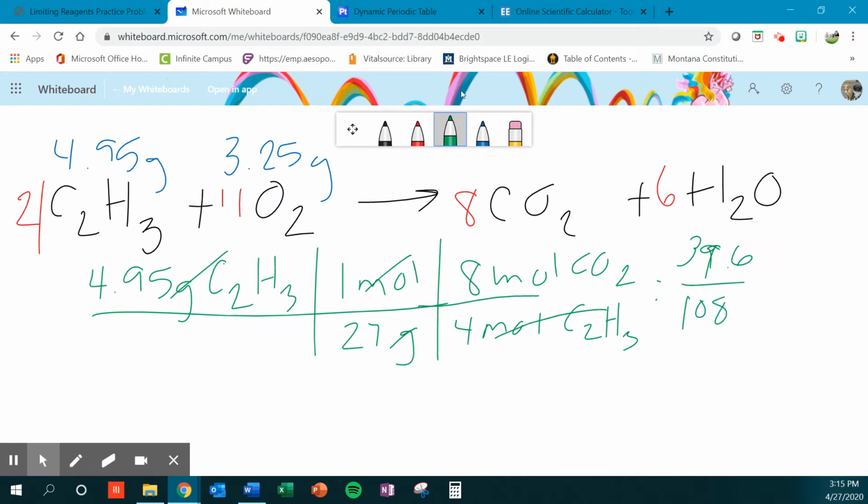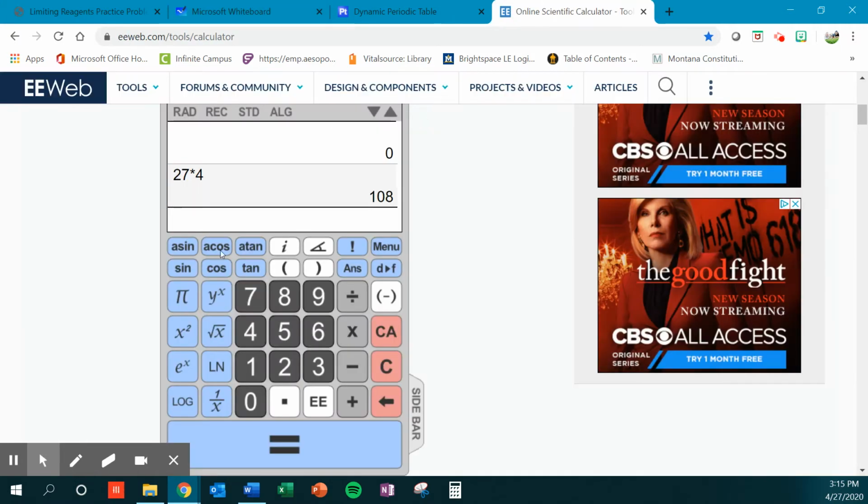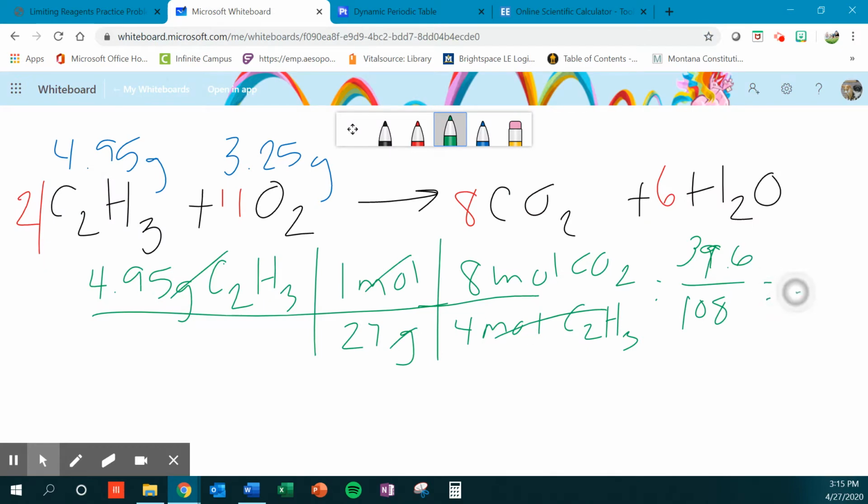So we take 39.6 divided by 108, and we get 0.37, we'll round, 0.37 of a mole